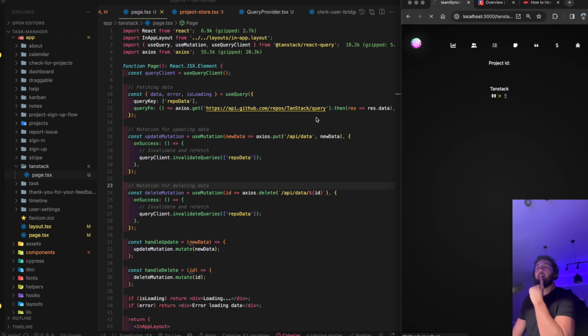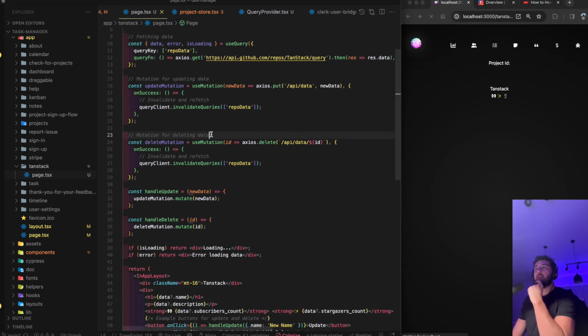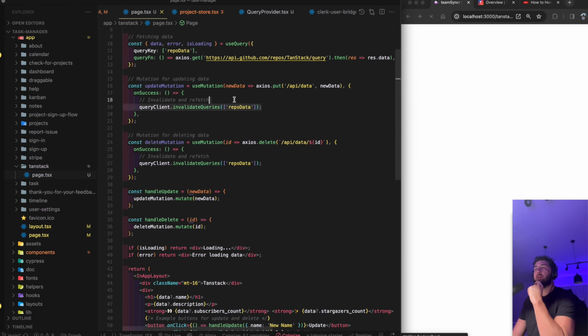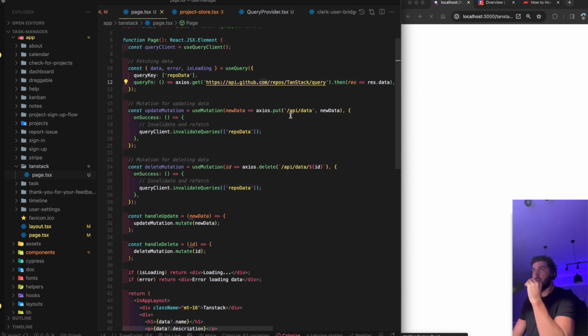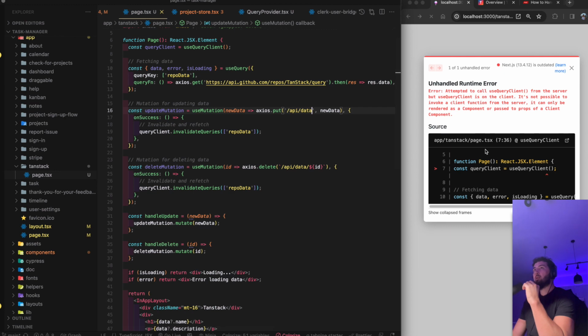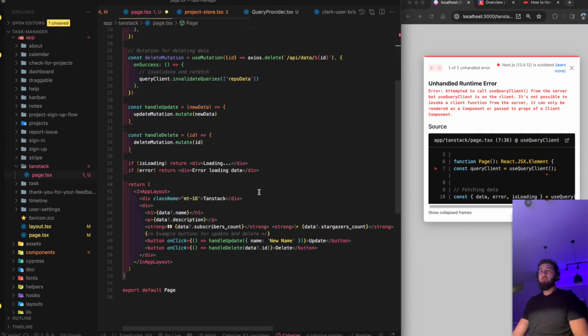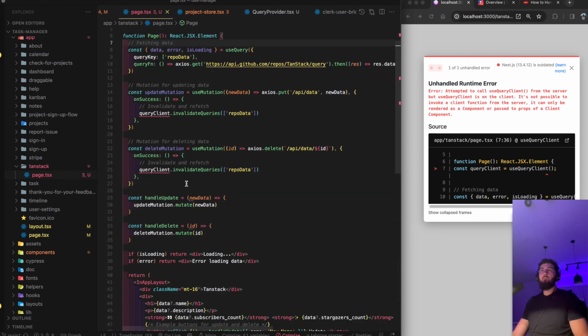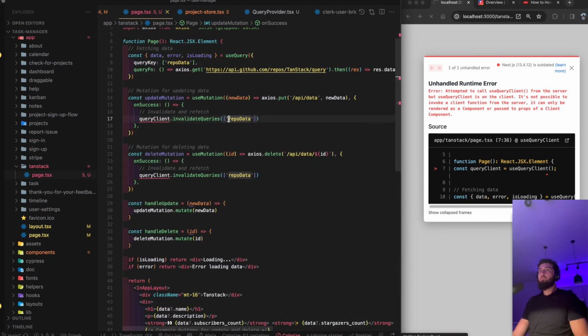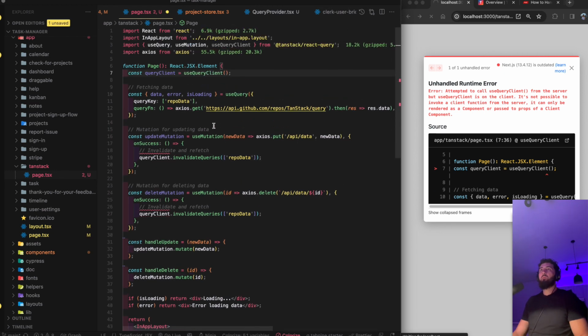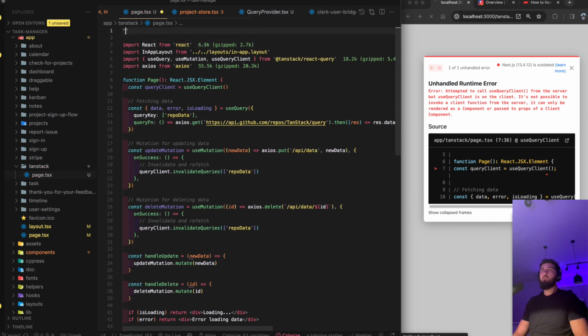So, good to see that it's working, right? API data, put API ID. Okay, so obviously I need the right APIs for this. Query client. Let's see. Oh, don't need that. But at least I kind of got a rough understanding of how it works with